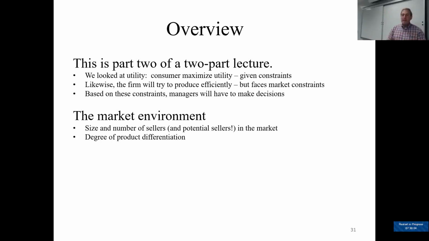So in some cases, like when I go to the grocery store and I buy my bread, there's a couple different kinds of bread, so that's a product differentiation. But I honestly don't know or care if the wheat comes from Michigan or Kansas or Ohio or Nebraska. Wheat is wheat. I really don't care about where it comes from. In fact, it's not even going to be on the package. And we see that also milk. So when you go to the grocery store, how many brands of milk do you typically